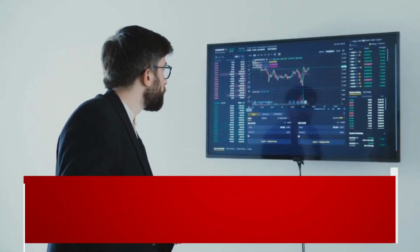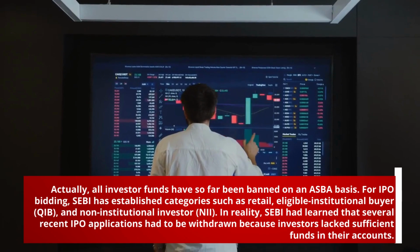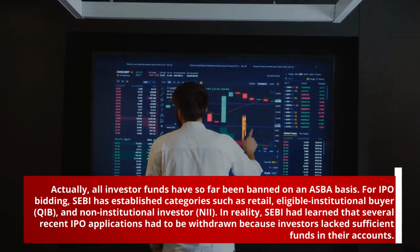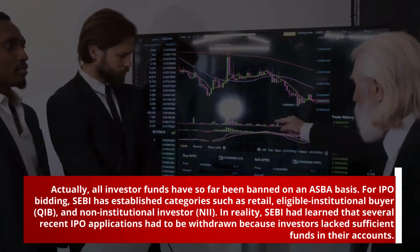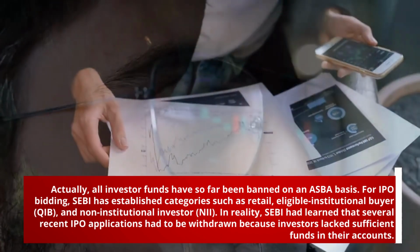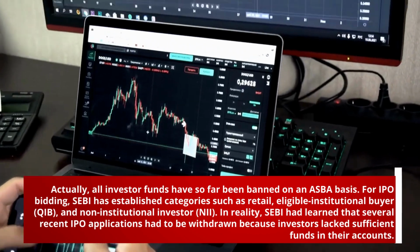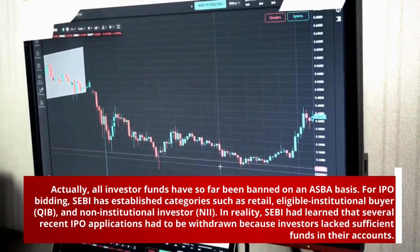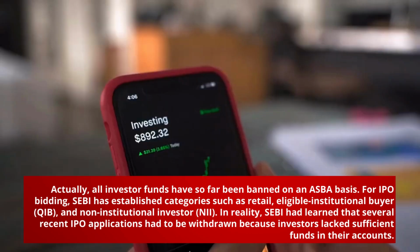Actually, all investor funds have so far been blocked on an ASBA basis. For IPO bidding, SEBI has established categories such as retail, eligible institutional buyer, and non-institutional investor. In reality, SEBI has learned that several recent IPO applications had to be withdrawn because investors lacked sufficient funds in their accounts. NBFCs are